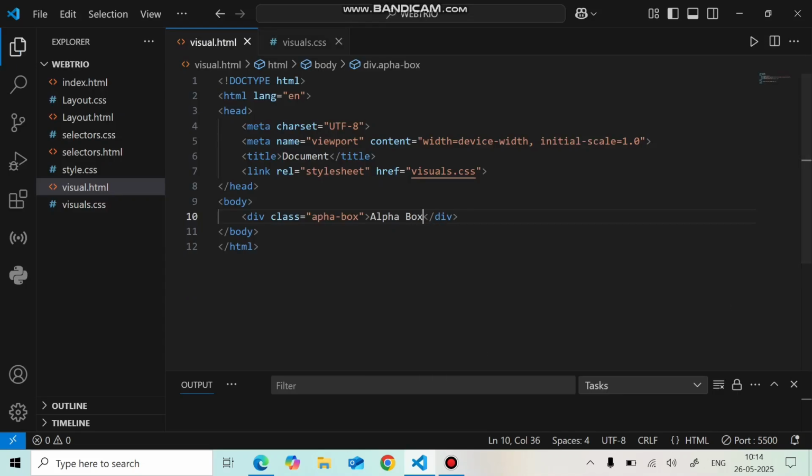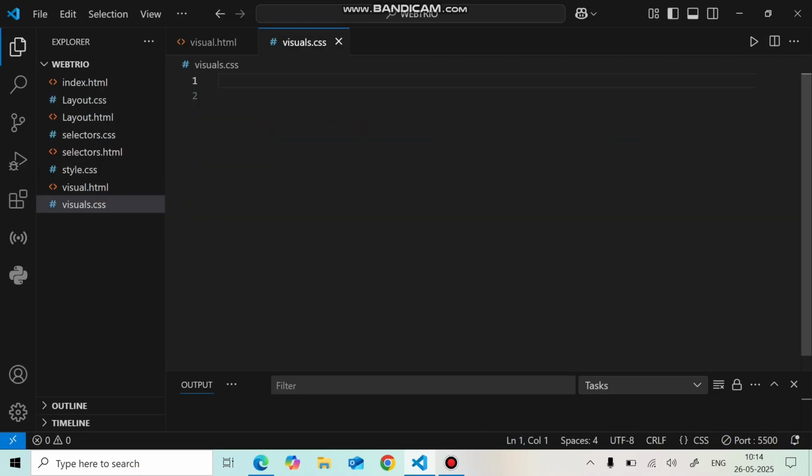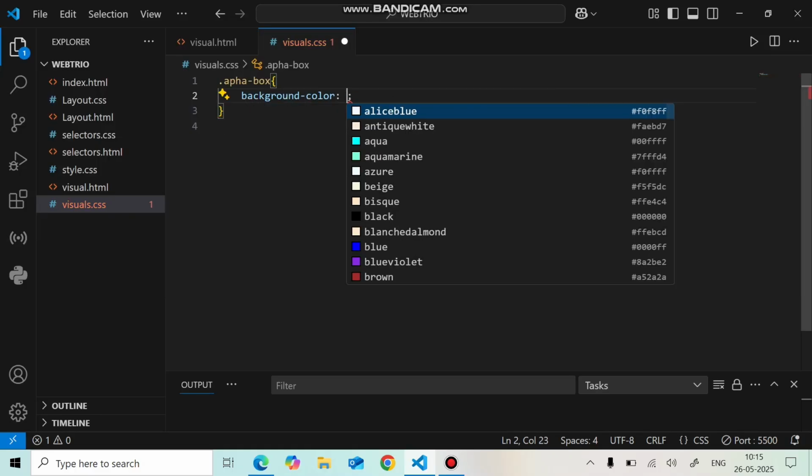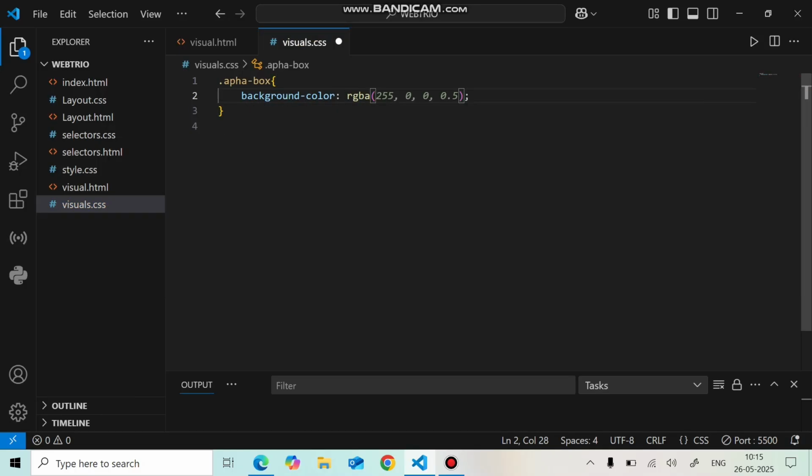Now style the alpha box. We are taking .alpha-box, background color to RGB value, which is of red, and here I'm taking an alpha of 0.2. Okay. Now we are moving text padding to